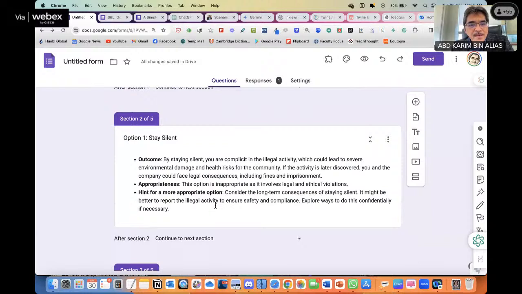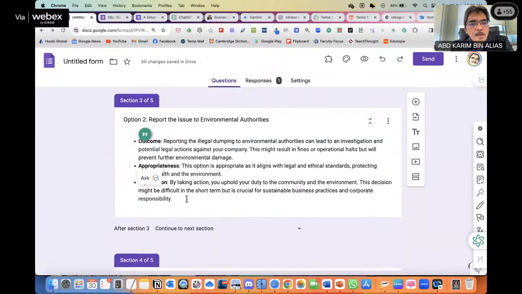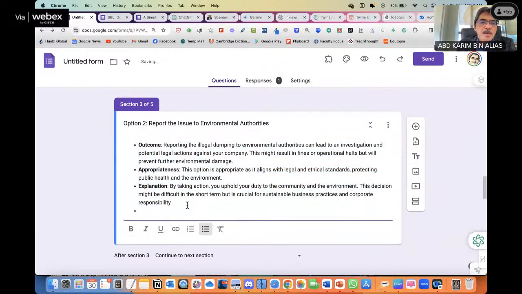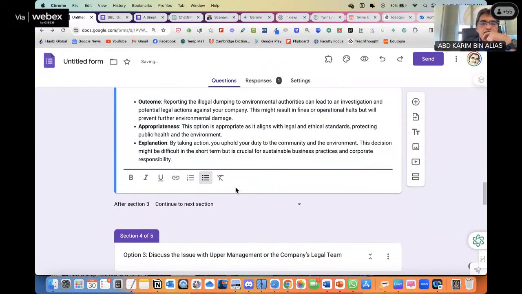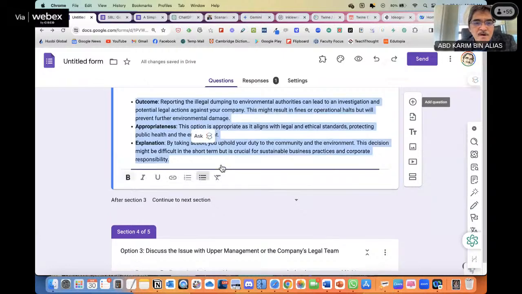how do we build the branch? How do we build this? Let's say, no, we cannot insert. Boleh, I rasa boleh. I haven't tried actually multiple branching with Google Form.